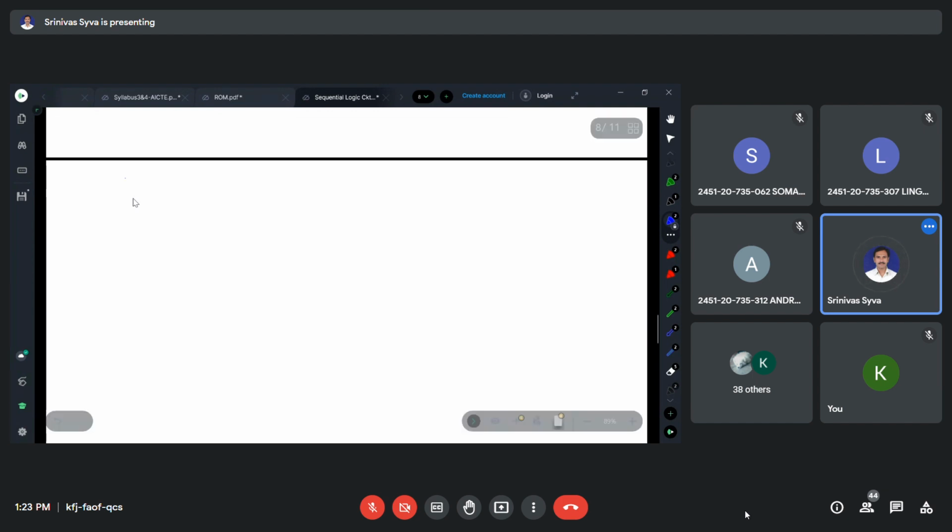SR latch. So this is also known as set reset. Okay, S stands for set, R stands for reset. Set reset latch. Okay,